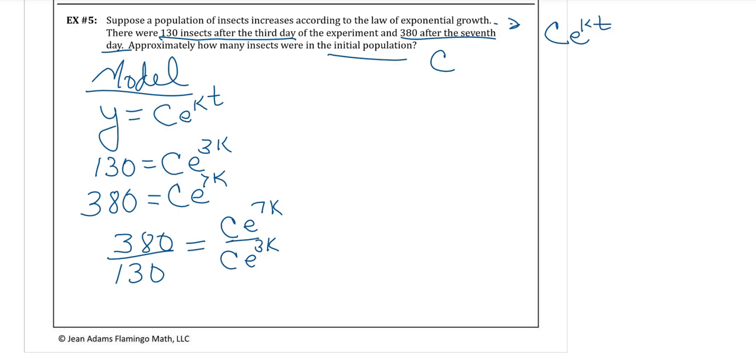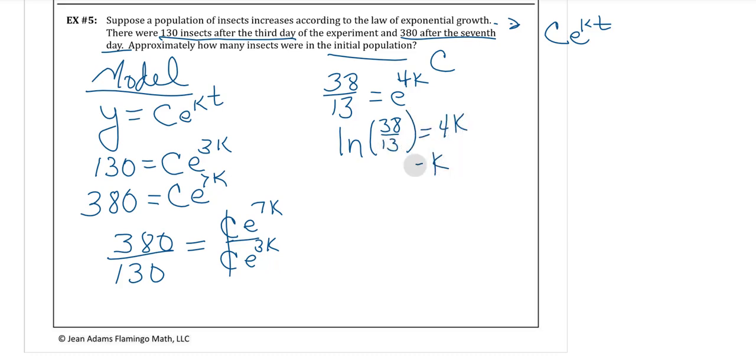So these will cancel, and I'll have 38 over 13 equals e to the 4k. Now this becomes pretty simple to solve. So I'm going to take the natural log of both sides. So the natural log of 38 over 13 is going to equal 4k. So k, if I divide this by 4 as well, I get that k is going to equal